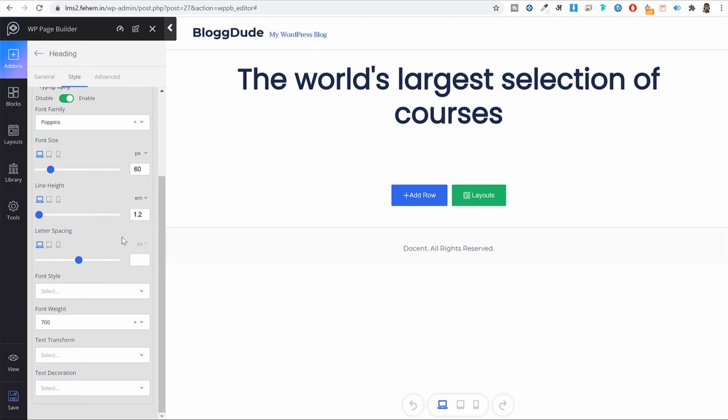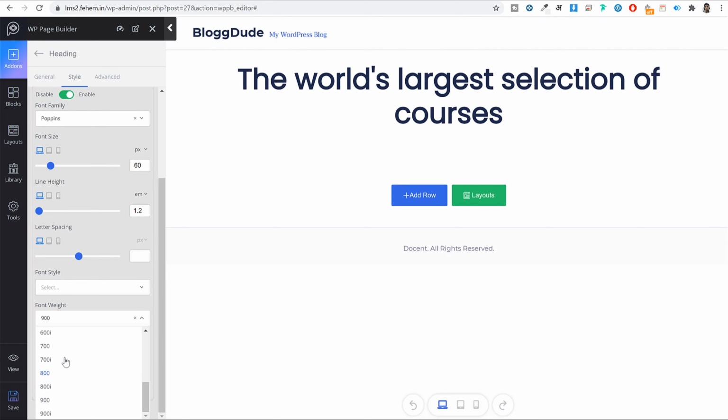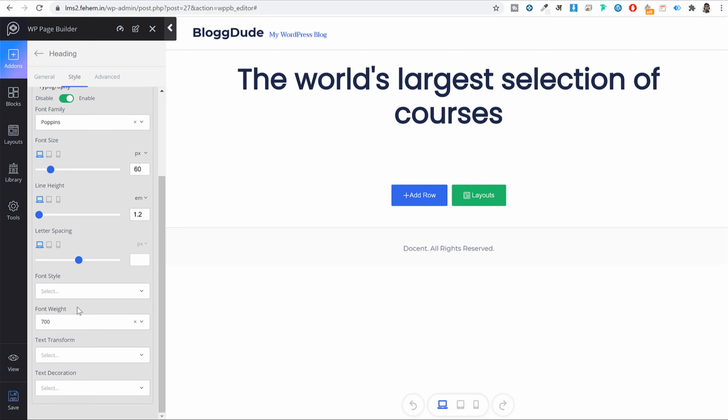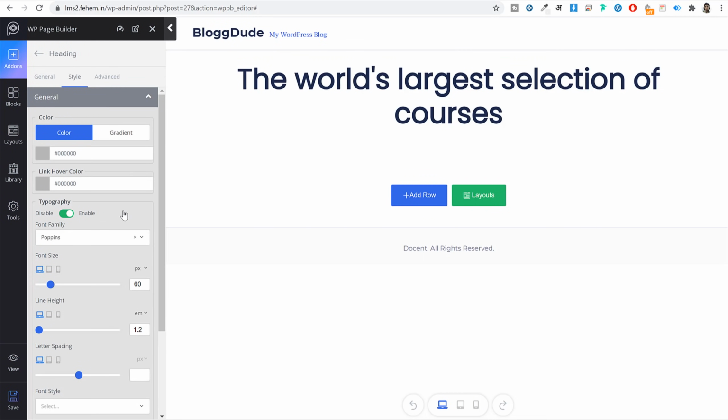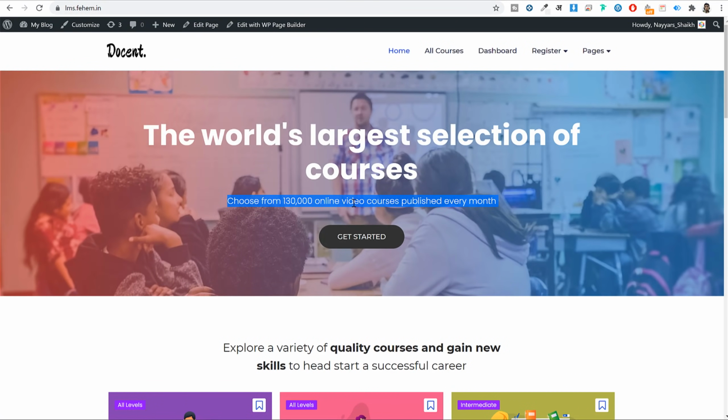Now if you want to make it bolder or lighter, for example, if you want to make it lighter, you can select 100. If you want to make it bolder, you can select 700, and so on. There are more options. For example, if you want, you can select 900. It will become very bold. I just want to select 700 for font weight. Now whenever you do any changes on your website, you should always click on this save button so that all the changes are saved. Now again, let's come back, and the second text is this simple text.